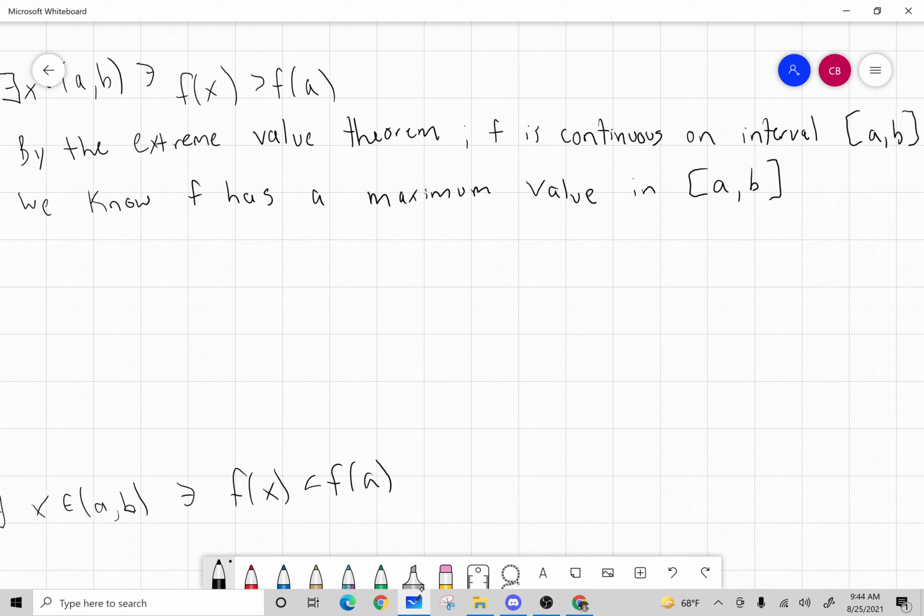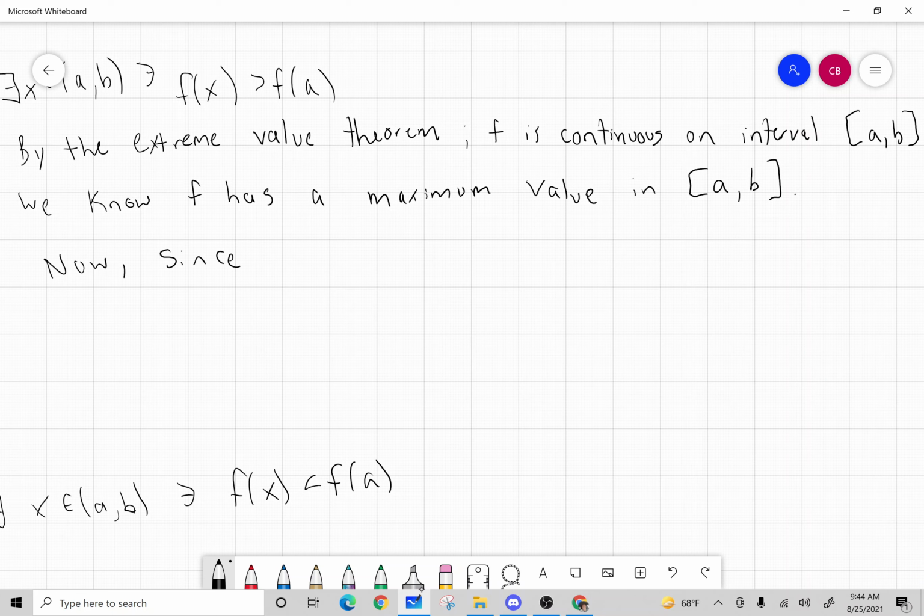We know that because that was the theorem we did in the last section, and it basically told us that if f is continuous on a closed interval [a, b], then it has some maximum value in that interval. Okay, and now